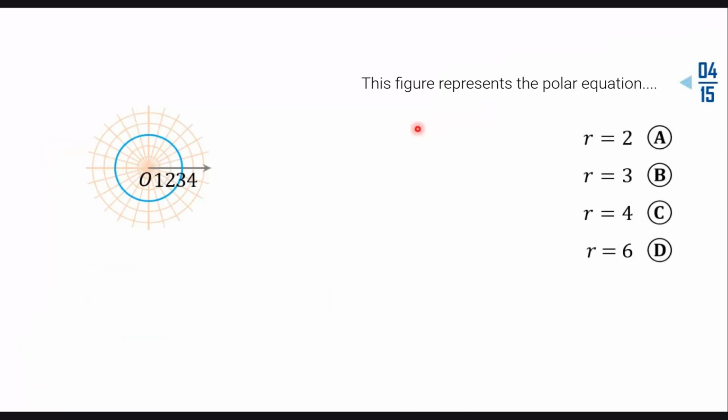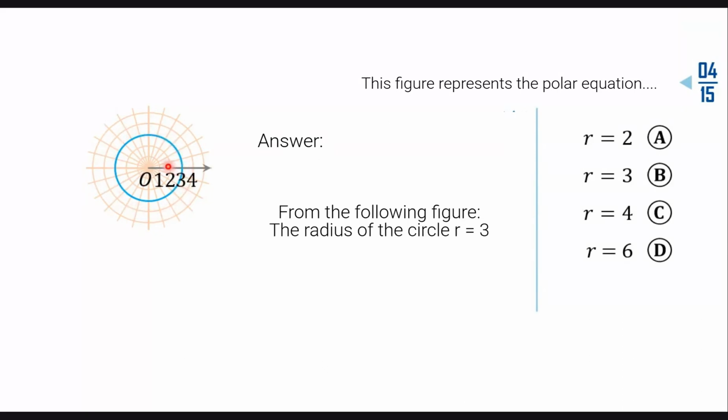The figure next to this represents a polar equation. Which one of these equations is it? Observe that it is at 3, correct or not? The circle begins from the 3 mark. The radius is this distance from the pole out to the third circle. Tell me, what does the radius equal? 3, right? So R, which represents the radius of the circle, the third circle, so it will be this equation, R equals